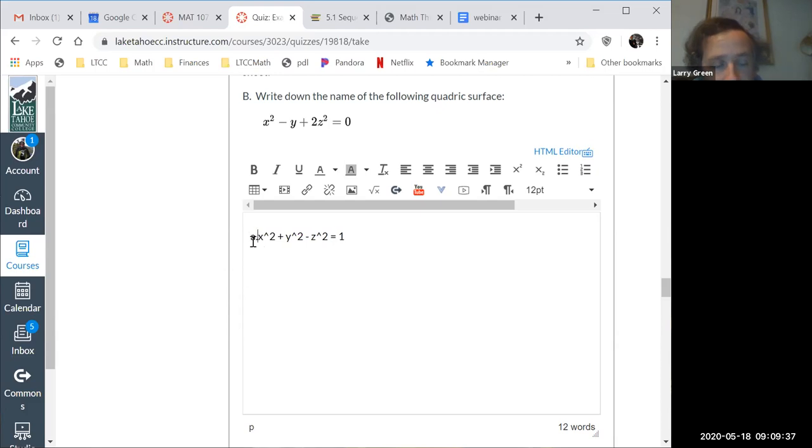Okay, there are a lot of good answers for part A, but you needed to have everything squared. You can't have 0 on the right-hand side, and you have to have 1 negative. Okay, and then part B, you've got to remember the name of the quadratic surface. Notice, by the way, if you let z equal 0, you get y equals x squared. That's a parabola. If you let y equal 1, you get an ellipse. This is an elliptical paraboloid. And that's it. Any questions on that? This is kind of all or nothing. Not a trick question, but you just got to remember the language.